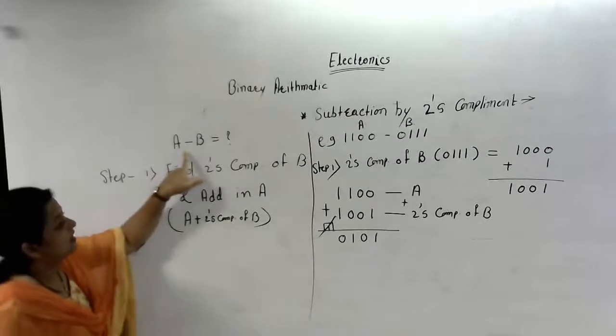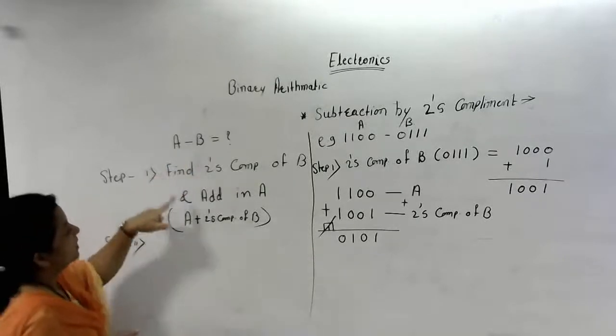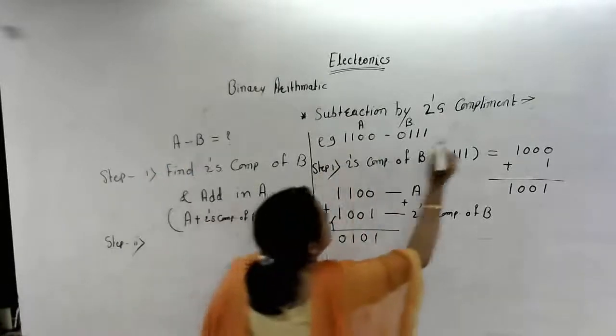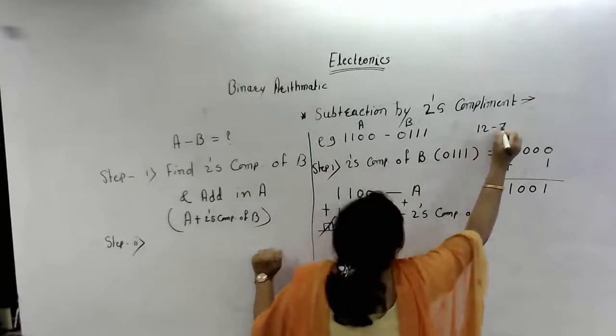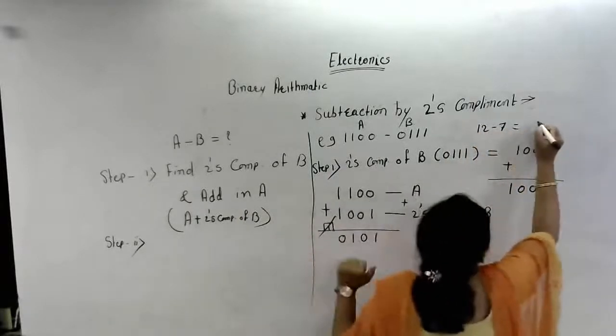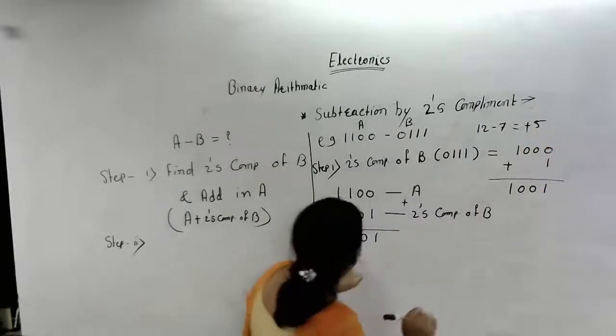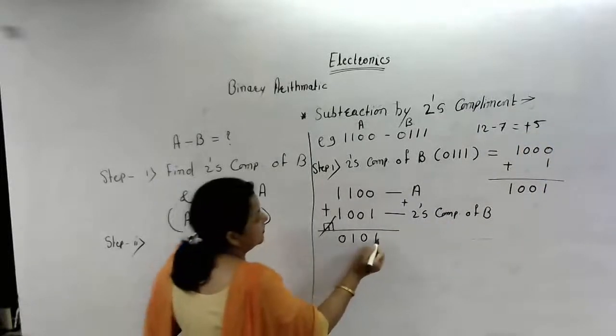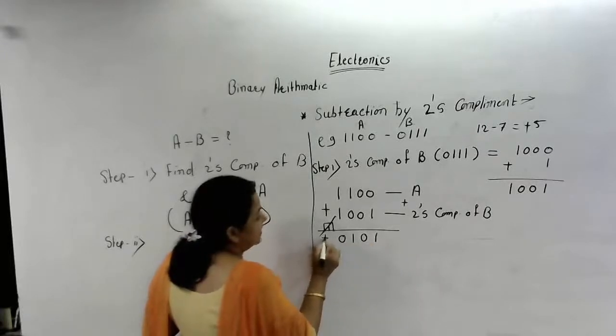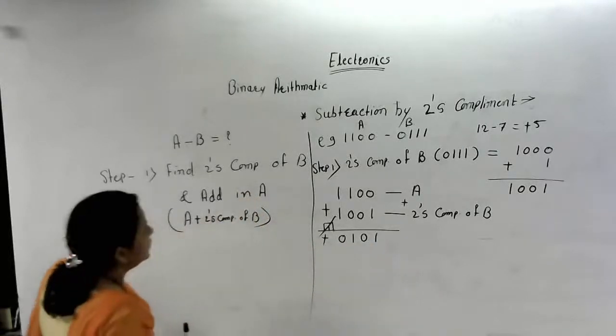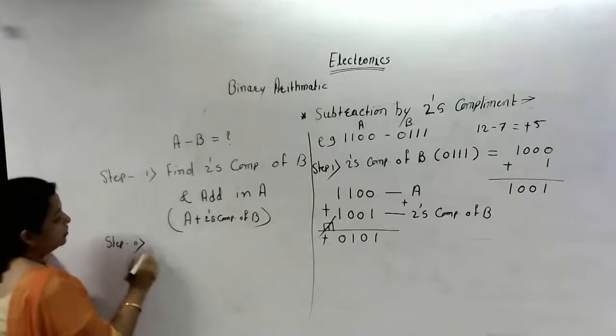Because listen here, 1100 is your number. 1100 means 12. 12 minus 7, your answer is 5, and your answer is plus 5. And here we get 4 plus 1. The answer is 5 and the answer is positive. So here what you have to say, if